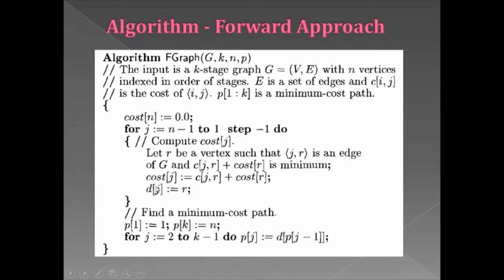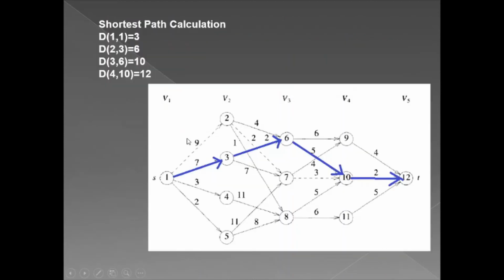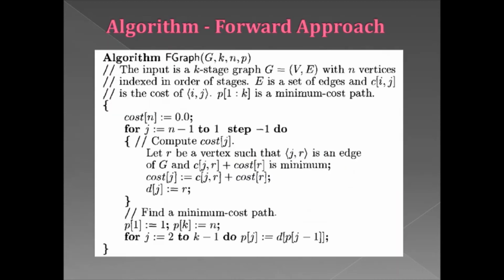So this is how we have found the cost of all the vertices. Then we are going to find a minimum cost path. Here we are considering the first node, that is node number 1. In the forward approach, we are taking a decision over here about which route is to be selected, which is giving the minimum path. Up to n we are going to proceed with this step.